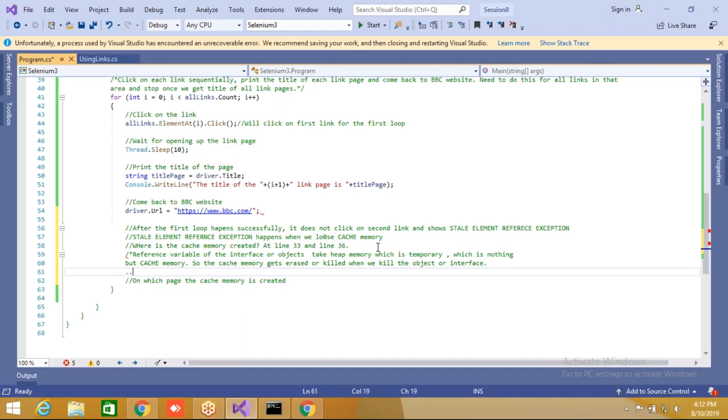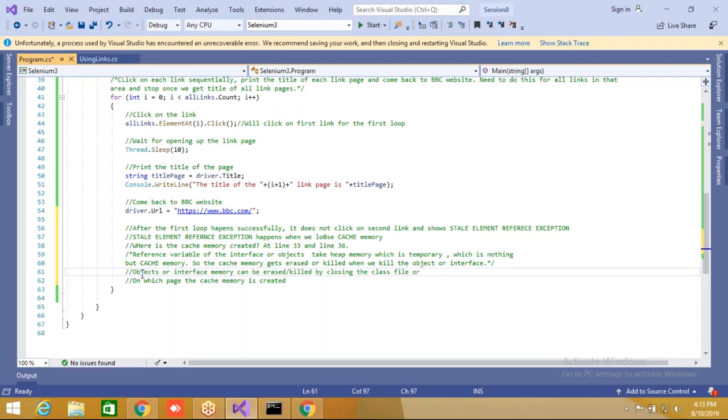Now, remember that objects or interface memory can be erased or killed by closing the class file